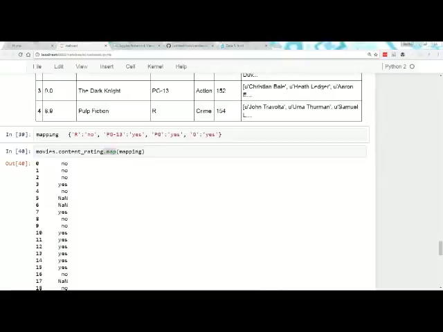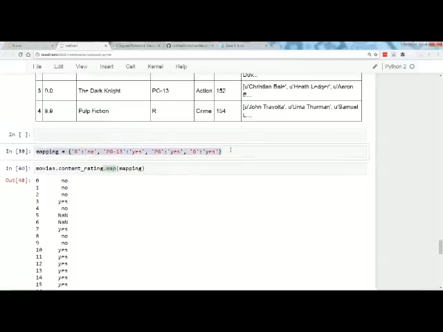Okay. All right. There's a follow-up question from the last one about the mapping. What if mapping was in another data frame? So let's see if I can translate this question. What if it was like this? I think he's saying. So I'll just say mapping 2. I don't know. I'm not being creative here.